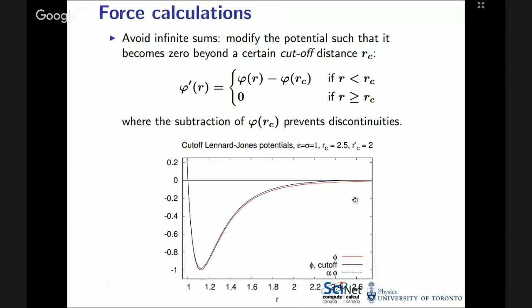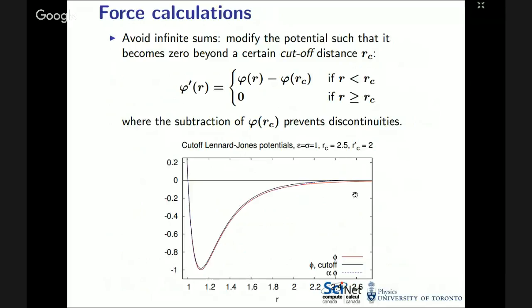The reason that this is nice is it goes to 0 very, very quickly. And so we're going to use that to make our infinite system finite. In our infinite system, everything has to be summed with everything else. So if I have n particles, I have to have n times n minus 1 over 2 pair interactions. But if I take this potential, and rather than having the true 1 over r to the 6th here, I say, well, let's just shift it up a bit and cut it off once it's pretty far away. So in dimensionless units, 2.5,